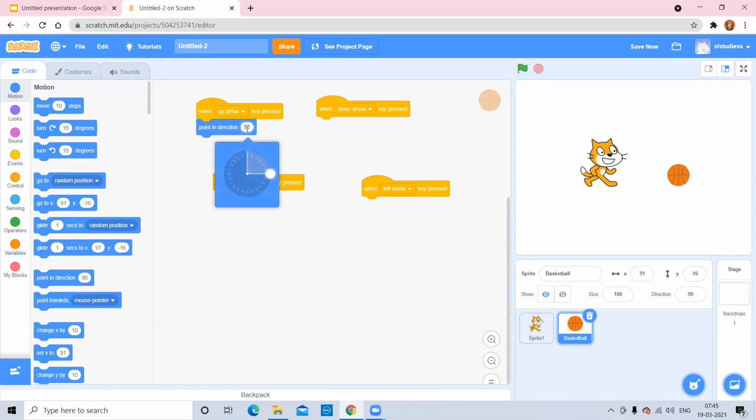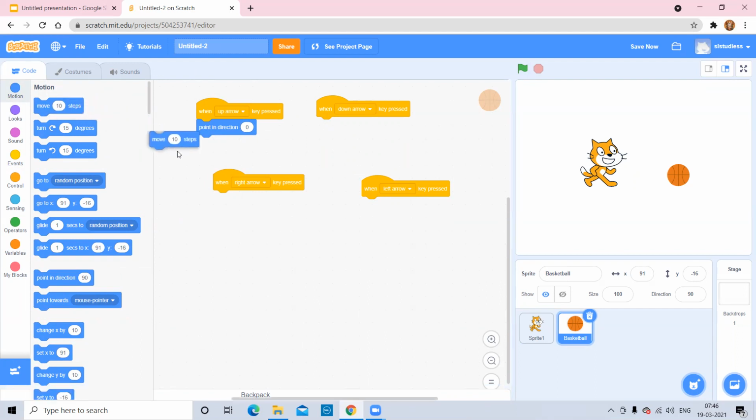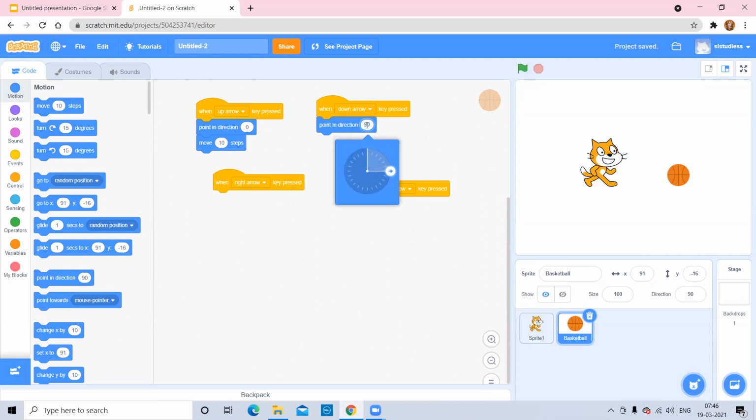Upward means our direction should be up. So make this arrow mark point up. Bring it up. So this is the point in direction. After giving the direction, we should give the movement for the ball to move. So for that, select move 10 steps, drag it and place it. Now in the same way, select the point in direction block for the remaining programming for down, right and left keys.